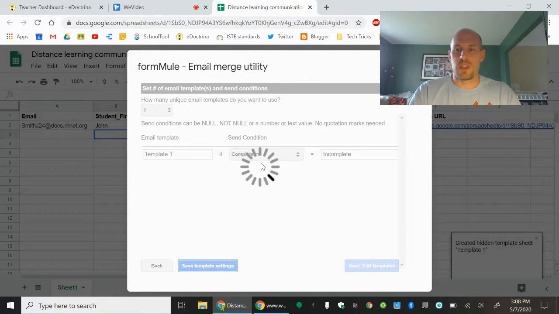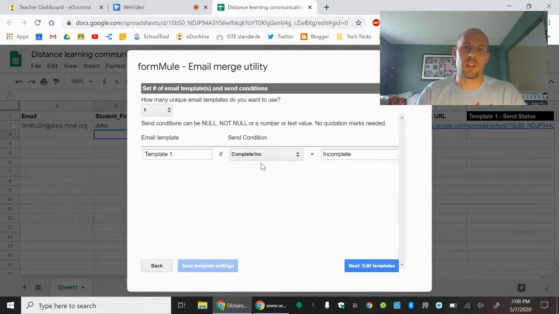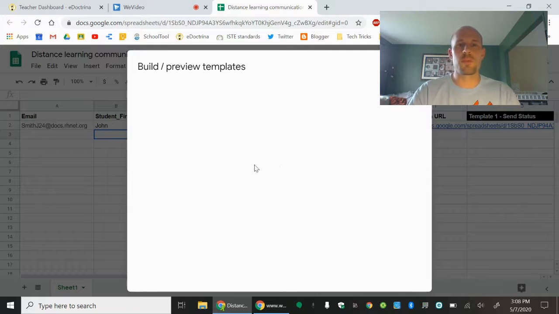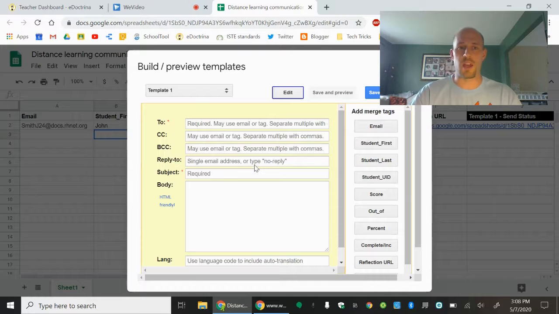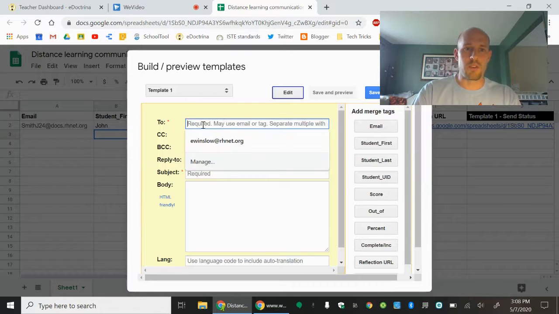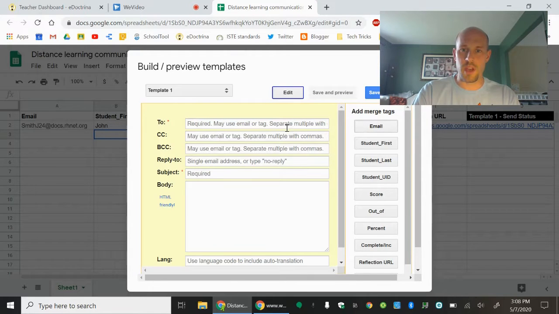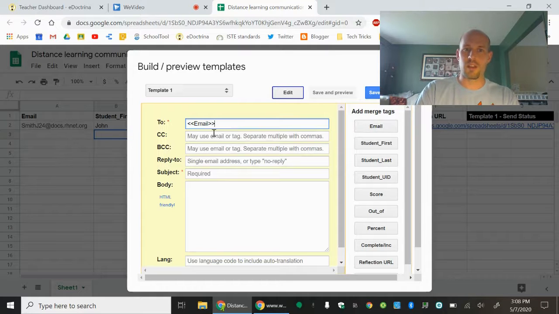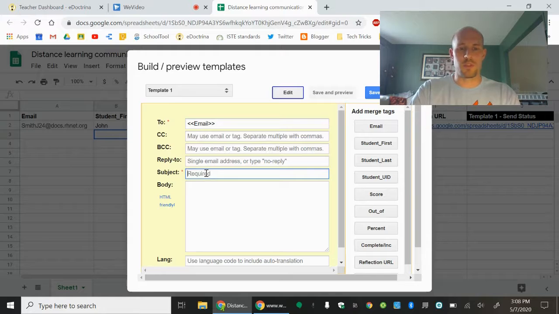And then this is going to take us to the next part of it, which is how we set up the merge itself. So we hit edit templates. It's going to be a pretty straightforward process about what you want to do and how you want to send this email. You can make it really flowery. You can make it really dry, however it works. But what we have here is our two lines, so we can drag our email tag here. We click on email because that's going to actually generate the kid's email there. Your subject can be whatever you want. So it's going to be,